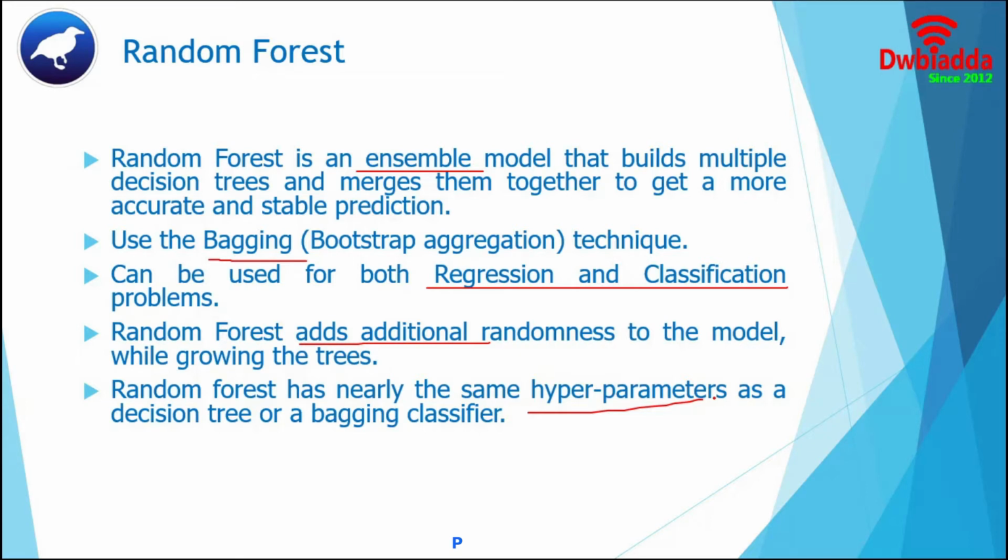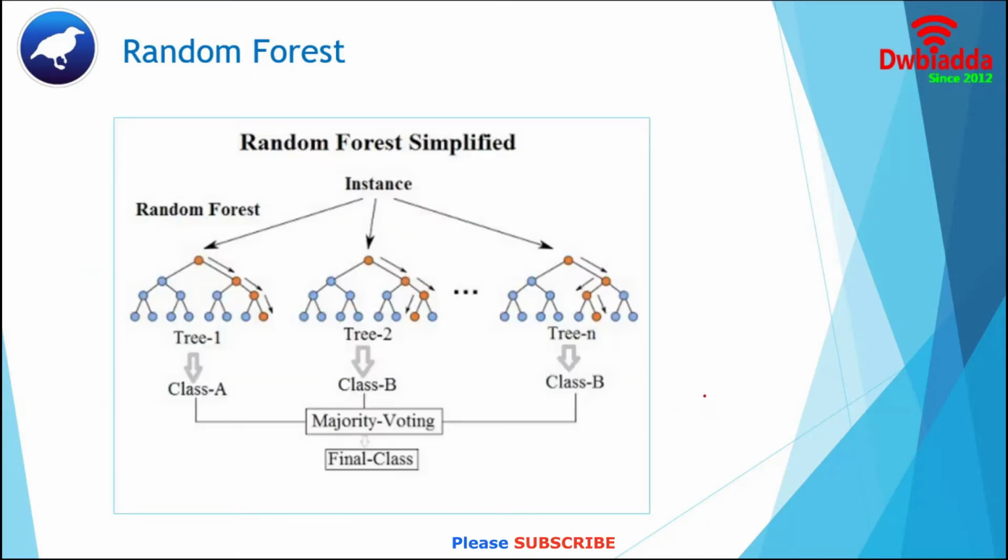In the next section, we will explain random forest with a diagram. This is a simplified version of random forest. This random forest has three trees: tree 1, tree 2 and tree 3. The final class of the random forest is generated from a voting system. It takes the results from tree 1, tree 2 and tree 3 and generates the final result using the voting mechanism. So generally we get a better result in a random forest than from a single decision tree.